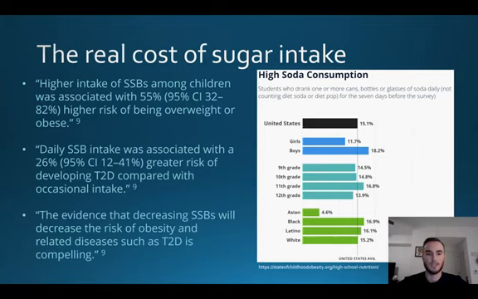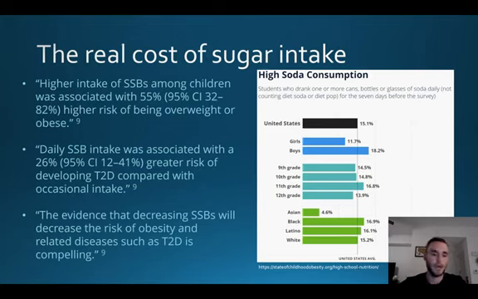One last slide talking about some of the stats about the prevalence of sugar intake, specifically in sugar sweetened beverages, such as soda, teas, lemonades, that kind of stuff. The information on the left side of the screen is actually from a study published in a journal called Obesity Reviews. This study says that there's sufficient data that decreasing sugar sweetened beverage intake actually can decrease dietary complications such as diabetes and obesity.